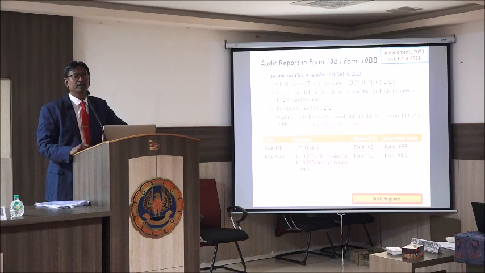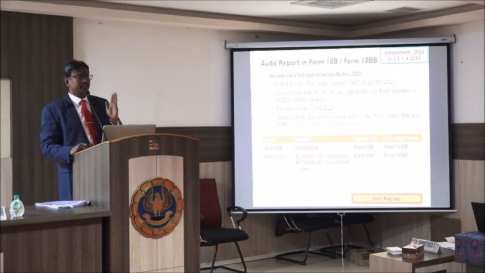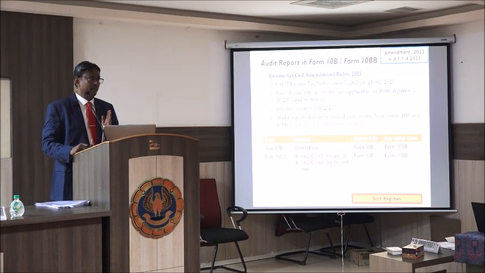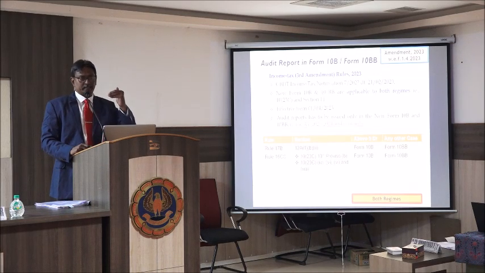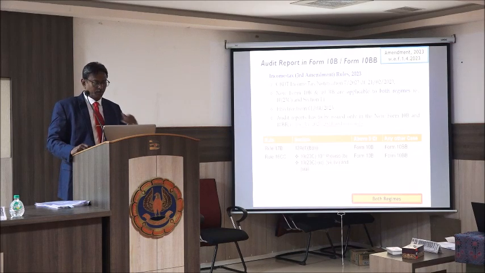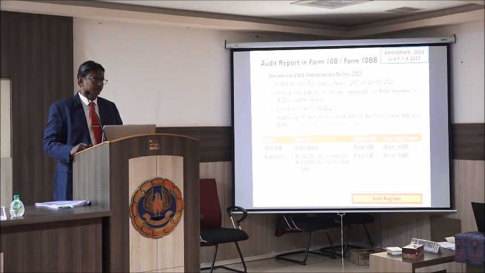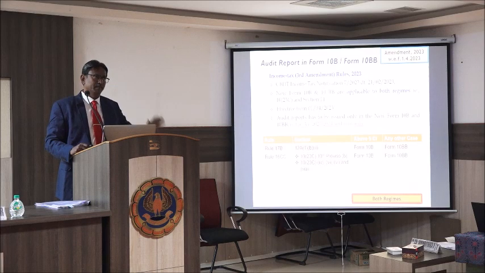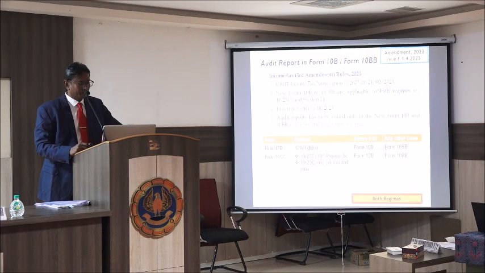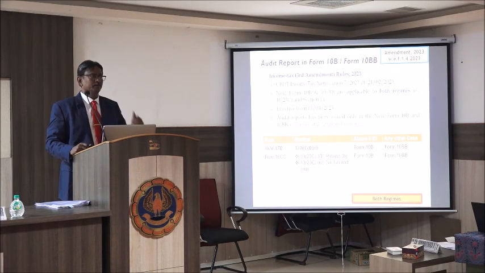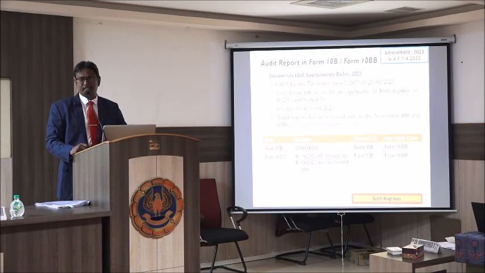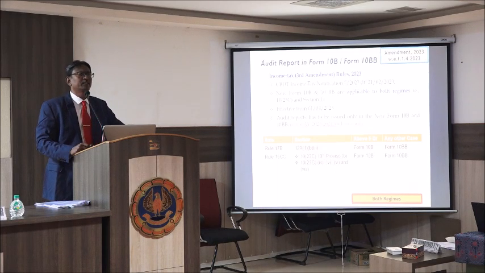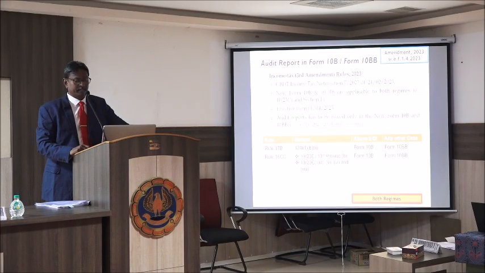Now, as per the new rule, for a 12A registered organization or the 10(23C) organization, if your gross receipt is above 5 crore, Form 10B. For 10(23C) and 12A organizations, gross receipt above 5 crore, 10B, one section. And if it is below 10 crore, and they have given 3 more conditions, we will be seeing it in the next slide, then in other cases Form 10BB. That's the easiest way of doing it.